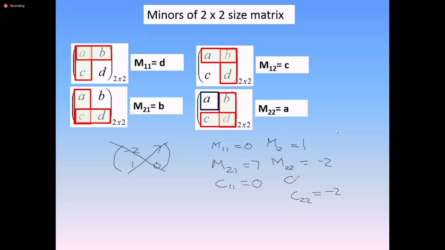So here M2, then minus 1. C2 equal to here C12. 1 is in other diagonal, and it is equal. So C21 is